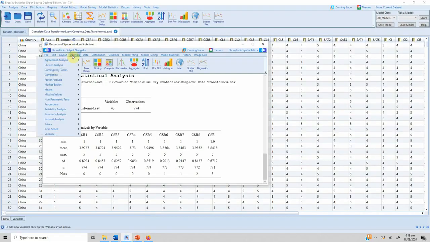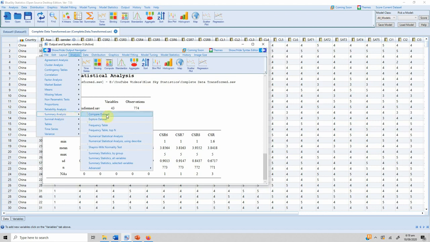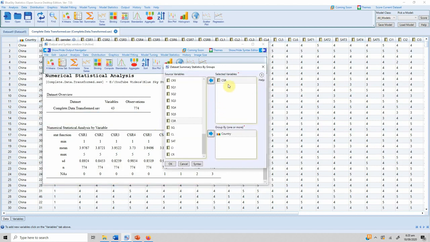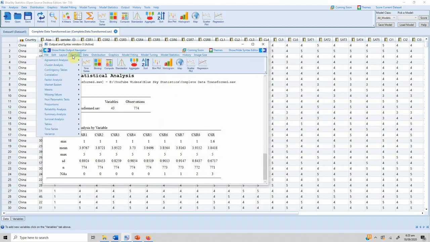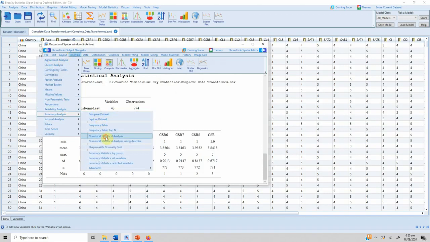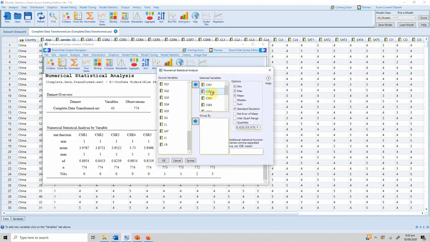Let's do the other way. Summary analysis. You can do summary statistics by group as well, but the problem is it won't give you standard deviations or other descriptive statistics. So what I'll do is I'll go to numerical statistical analysis. Let's see this. See, I've got CSR here and I've got country here, but it will only give you the mean scores. So rather than using this, I'll go to analysis, summary analysis, numerical statistical analysis. I've already got it here,